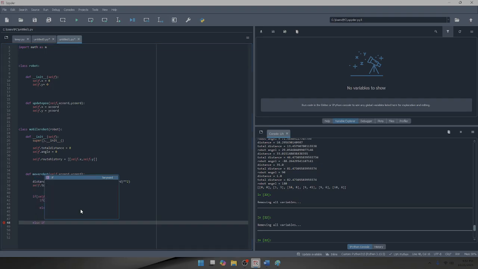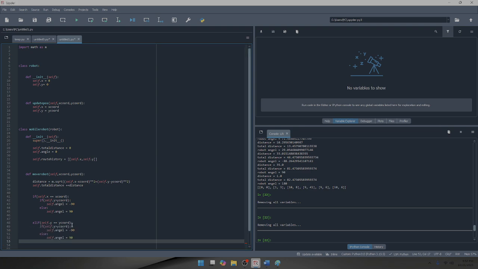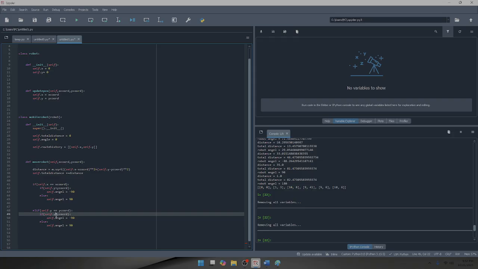else if, elif होता है elif elif, ठीक है. Self dot y is equal to y chord. Now we're gonna check if it's traveling in the x direction, या left या right जा रहा है. तो for that ये same copy होगा यहाँ से यहाँ पे. And if it is, I'm just gonna change this x डालना है यहाँ पे भी x डालना है. अच्छा तो